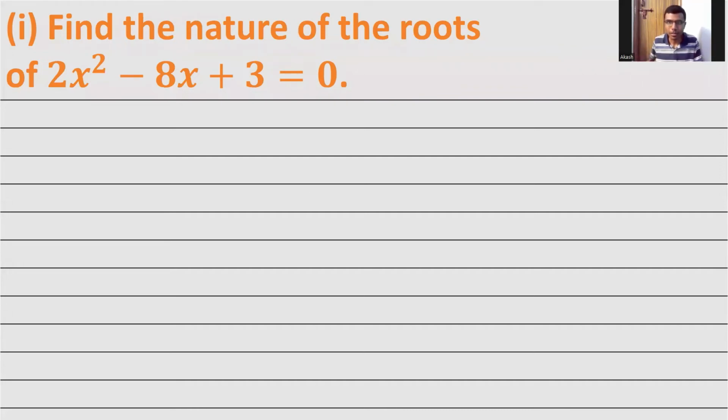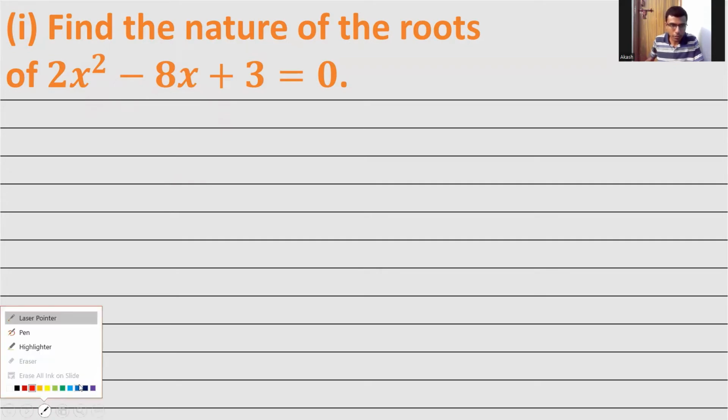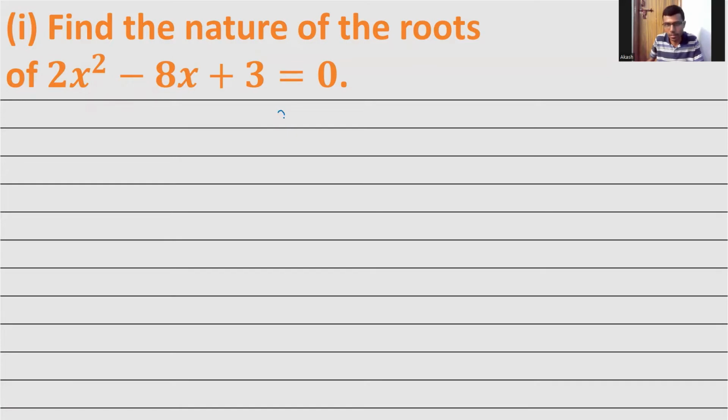Hello learners, now we'll try to find out the nature of roots of this quadratic equation. Okay, so how do we do that? The first step is that we need to compare this given equation with ax square plus bx plus c equal to 0. Before that, I'll just write this one as it is: 2x square minus 8x plus 3 is equal to 0. Fine. So now compare